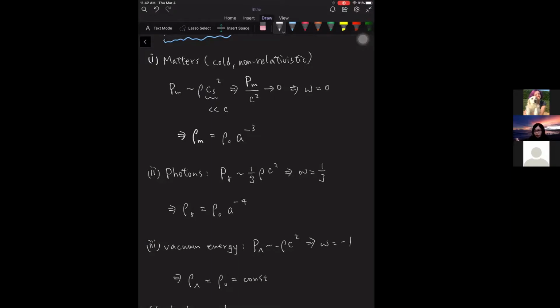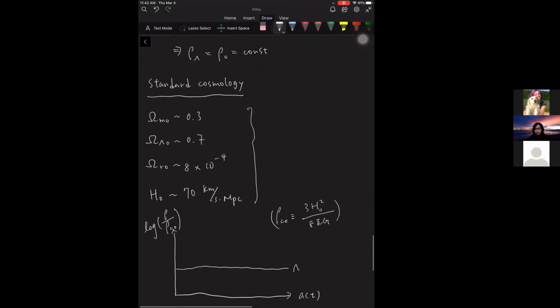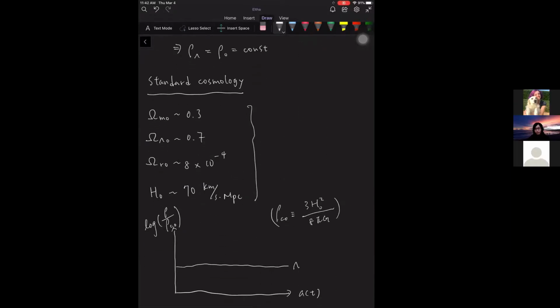Okay. So let's first deal with the matter. The matter is decaying with a to the -3rd, right? So it should be something like this. And then the photons is decaying with a to the -4th, right? So there should be a steeper slope in this plot for radiation. So let's say this is